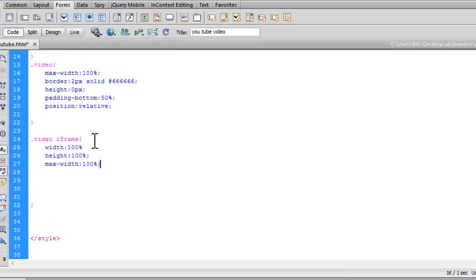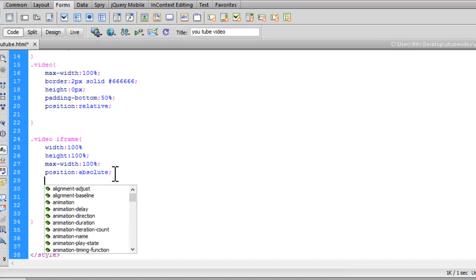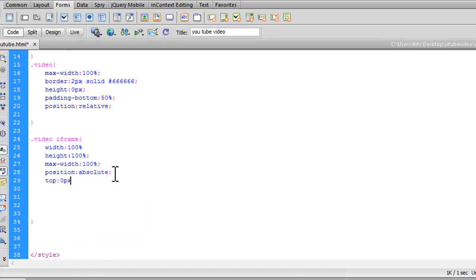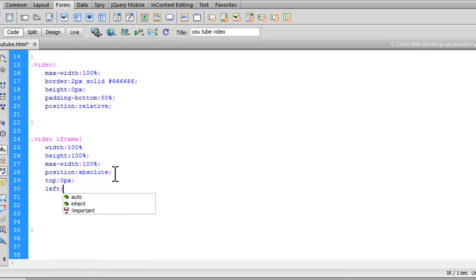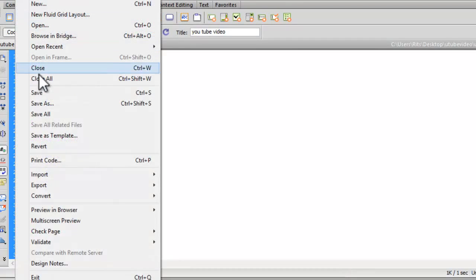By applying max width 100%, we mean that it will never be wider than the device. Position, this time I want absolute, as I want it absolutely positioned in relation to class video. Now let's have top 0 pixels and left 0 pixels. Let me have a semicolon here. And let's save and preview.